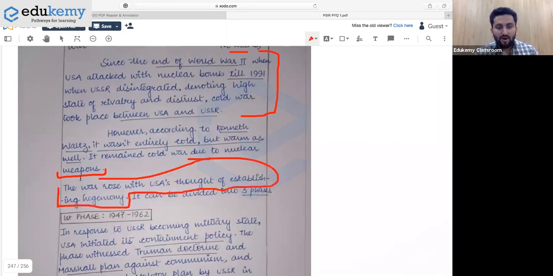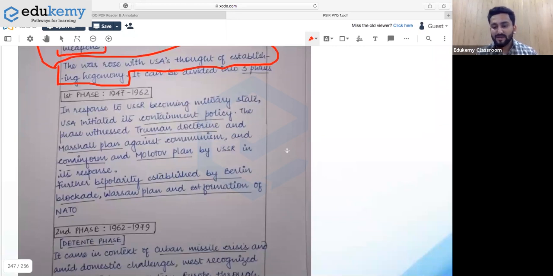The war rose with the USA's thought of establishing hegemony. But I would suggest that if you use this line a bit before, then it will be a better context to your introduction. Okay, there will be clarity that the flow is going exactly in that way: how and why it happened, then this. Coming to the first phase,